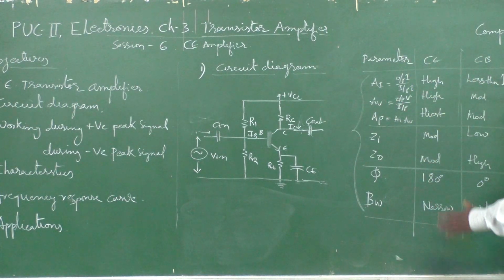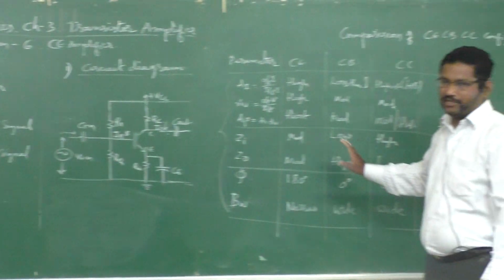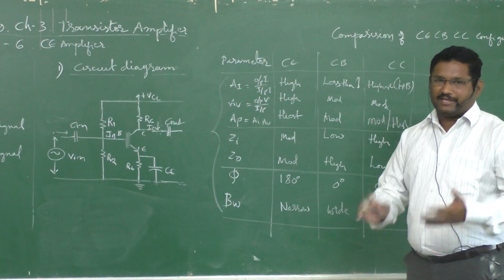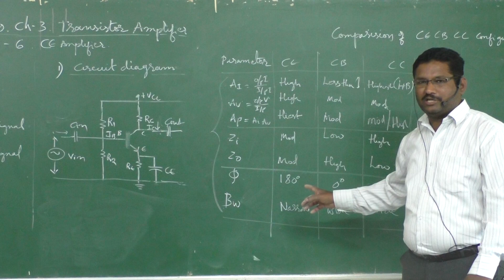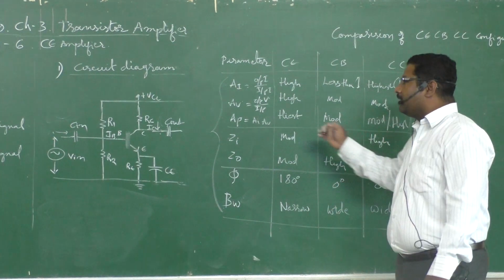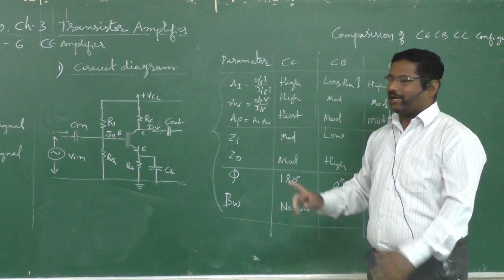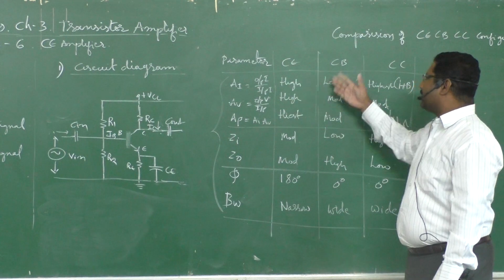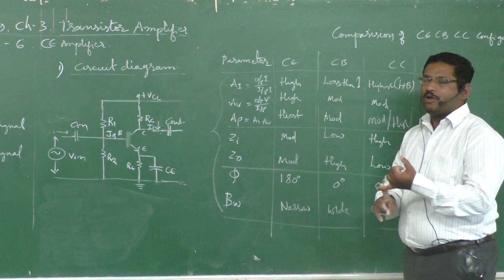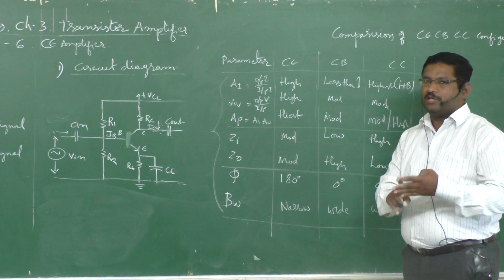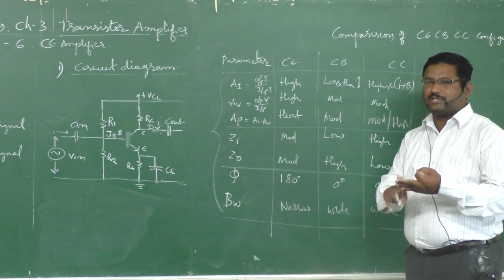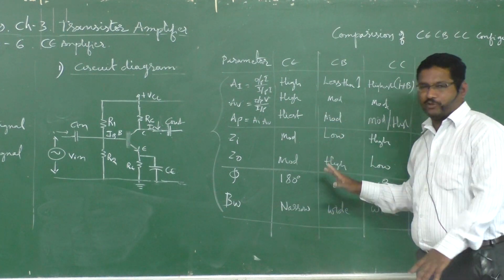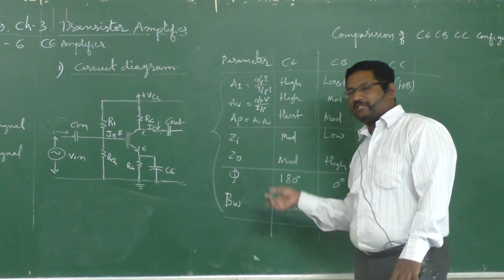Okay, and later we have learnt the comparison table. This is very, very important, and you have to remember this, because every year question number 27 is commonly asked. One question is fixed, either comparison of CE, CB, CC, or if you are able to understand CE or CB or CC, any one question. From sessions number 3, 4, 5, 6, one question is compulsory. That is question number 27, the compulsory question. Every year it is asked in part D as well as part E.